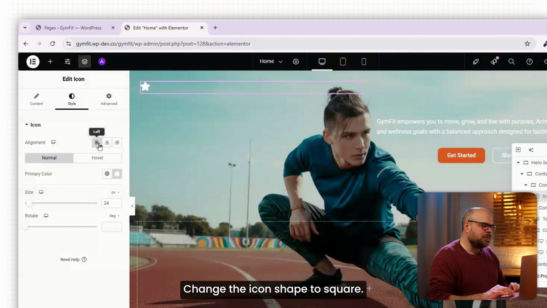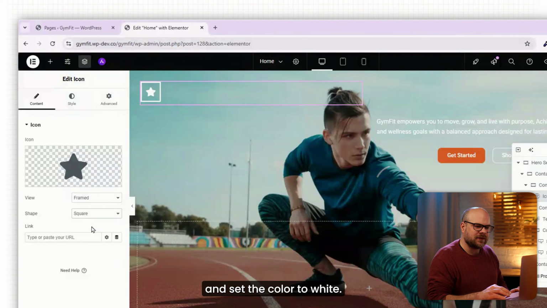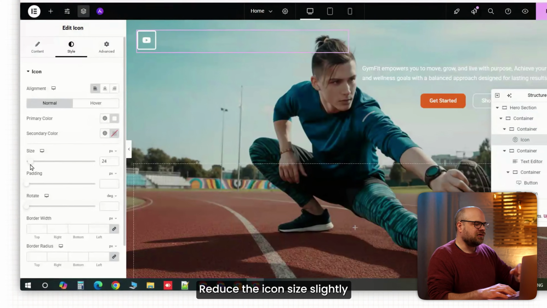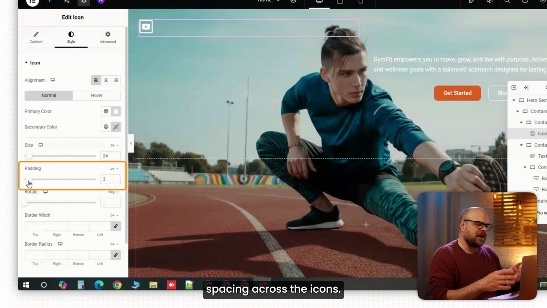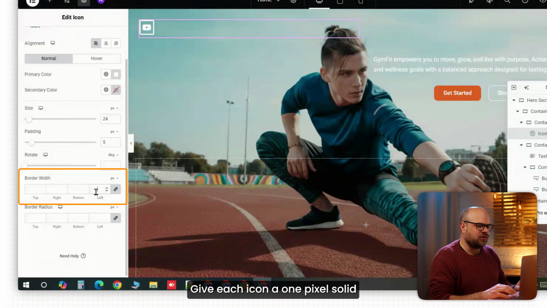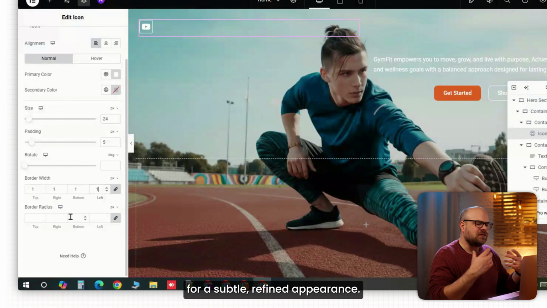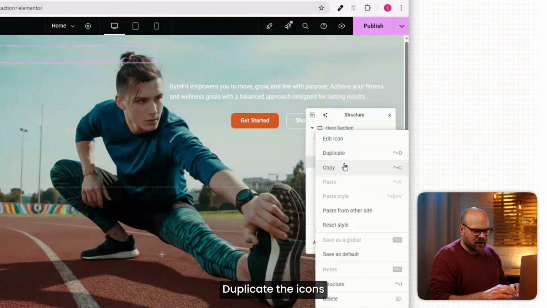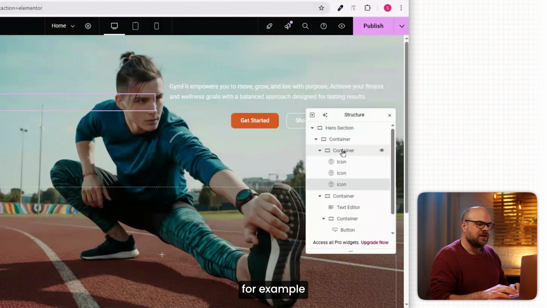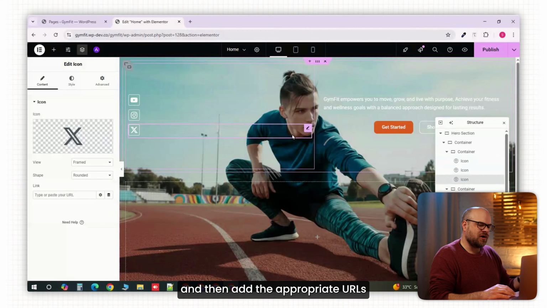Change the icon shape to square, align them to the left, and set the color to white. Reduce the icon size slightly and adjust padding for even spacing across the icons. Give each icon a 1 pixel solid white border and a small border radius for a subtle, refined appearance. Duplicate the icons to create 3 of them, for example, Facebook, Instagram, and Twitter, and then add the appropriate URLs